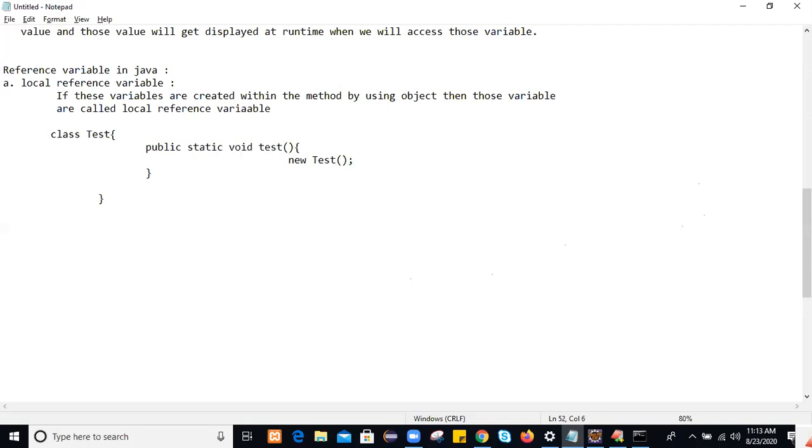The moment you write the statement t = new Test, this will create some memory address. We give the name t to this memory address. This small t is nothing but the reference variable or object name, and it represents the memory address of the corresponding object.